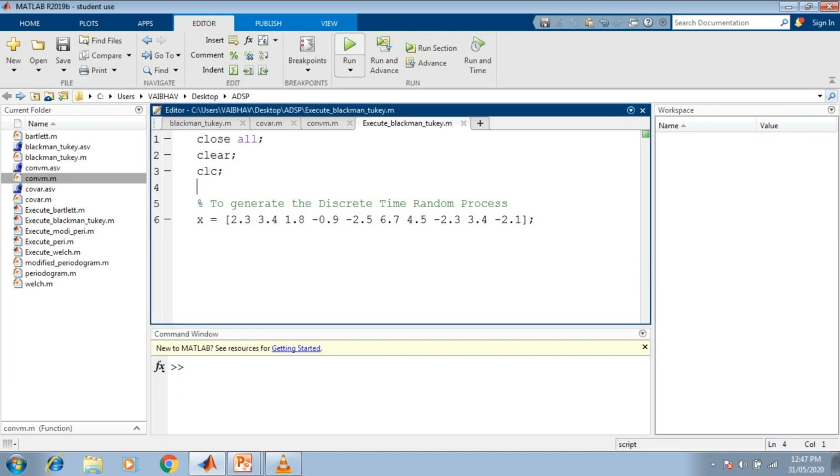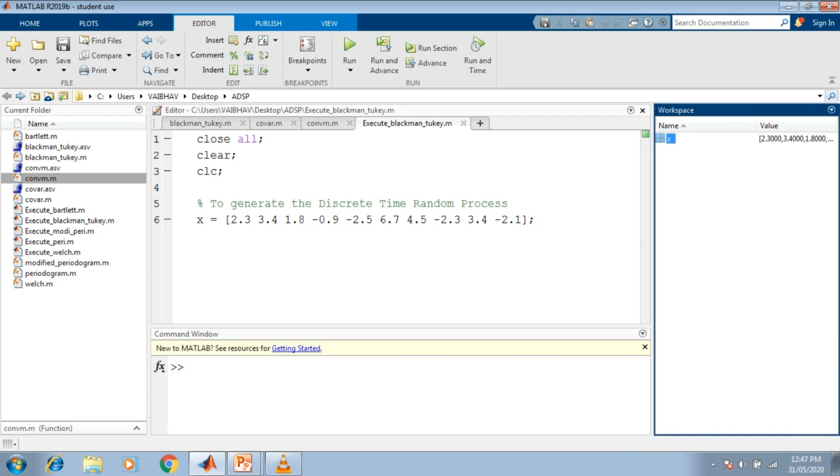And if we run this program, we can see the x variable has been generated in the workspace with the values in this array: 2.3, 3.4, 1.8, minus 0.9, minus 2.5, 6.7, 4.5, minus 2.3, 3.4, and lastly minus 2.1 here.